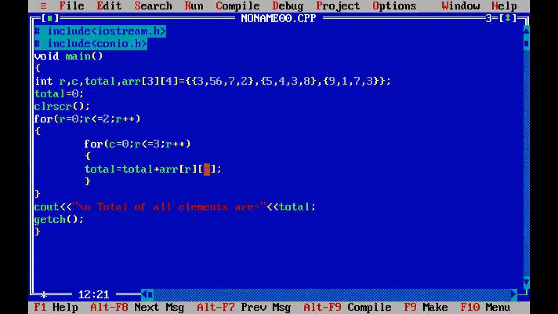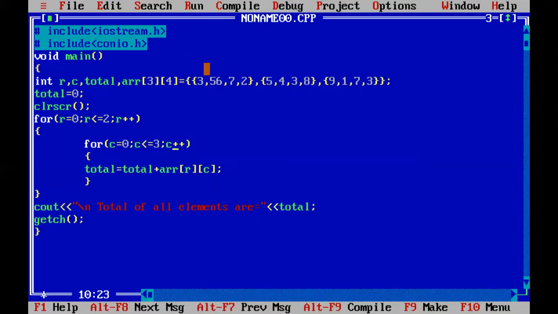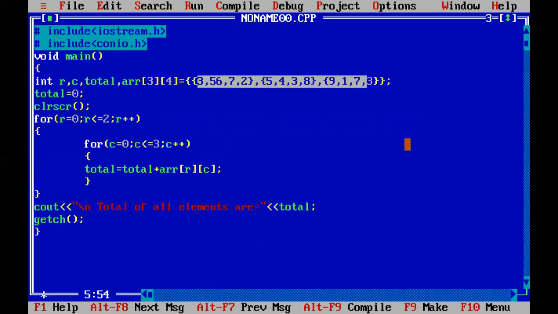There is some kind of logical error over here. Oh, this one is a c. This one should be c. Check it again. Now the total of all the values which we have assigned is 108. You can calculate this data. So the answer of this program is 108.